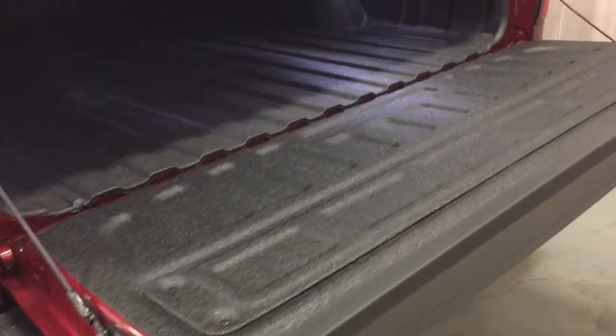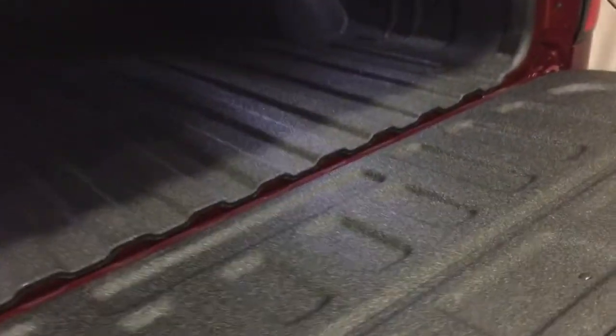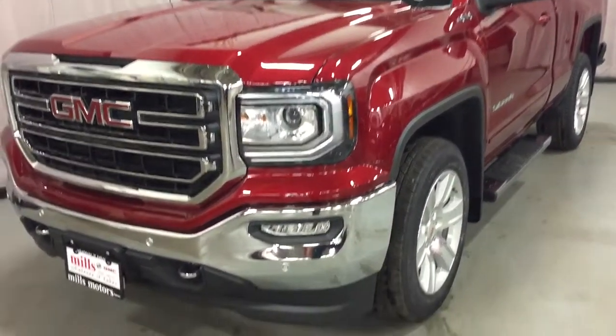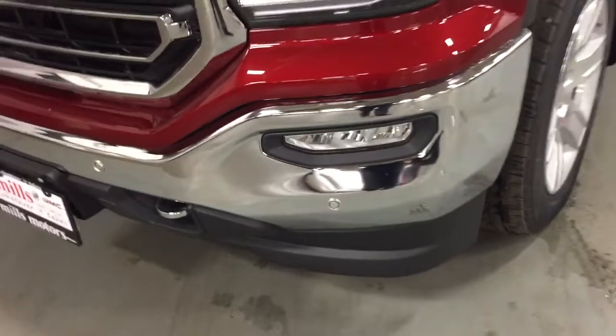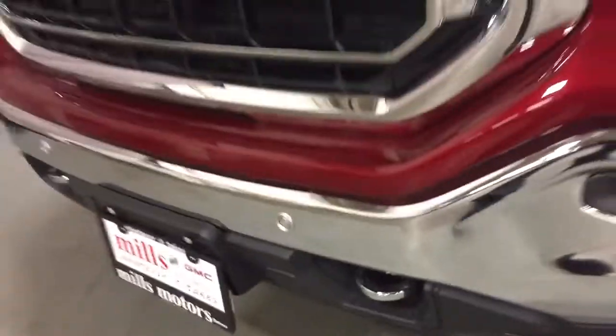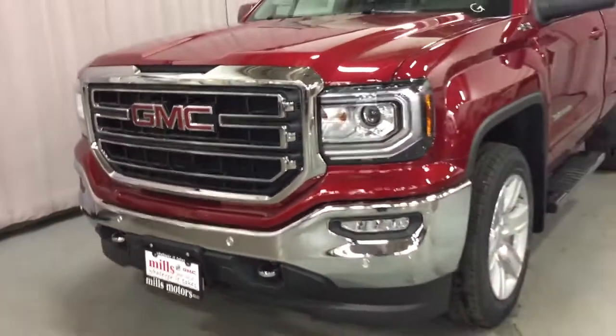You're out there, you got a little bit of snow, a little bit of rain, working in the back of the truck. It's going to keep you upright. Got the tie downs on both sides and LED lighting below. Nice chrome accents here on the front. You've got the fog lights, the front parking sensors there, the chromed tow hooks, and there is a look around